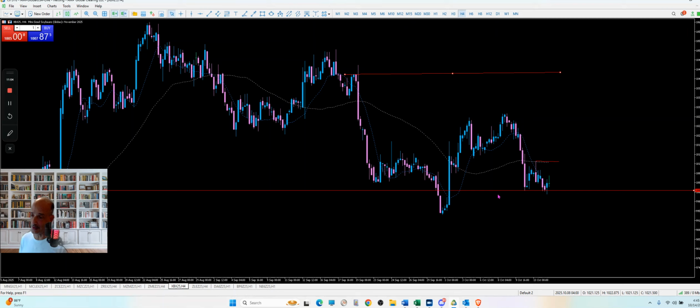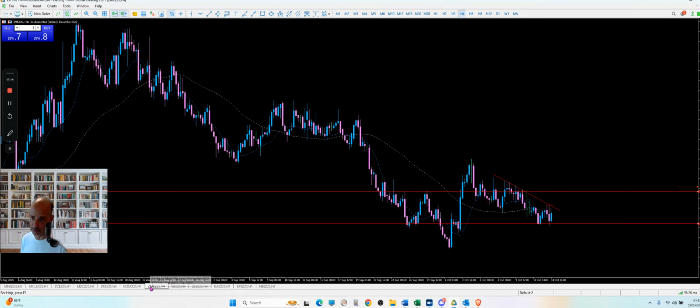And again, I think the whole complex will move together. I think if we get a move higher on soybeans, then soy meal and soy oil will follow. So this one's not the cleanest one. Soy meal definitely looks more bullish to me, potentially setting up for a bullish move.